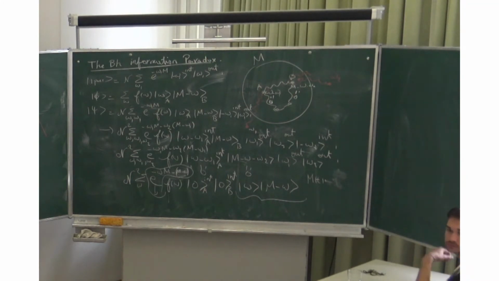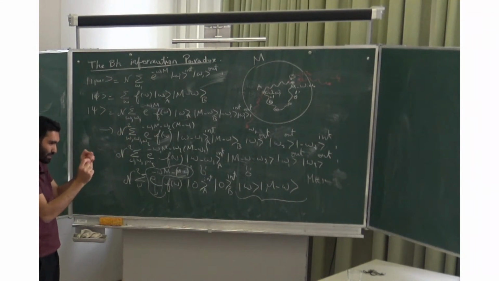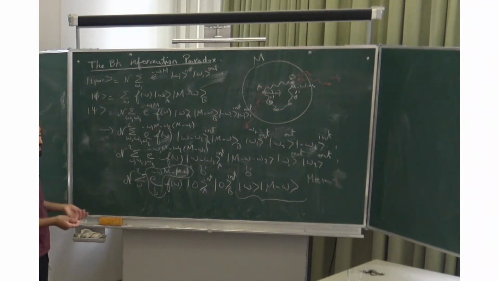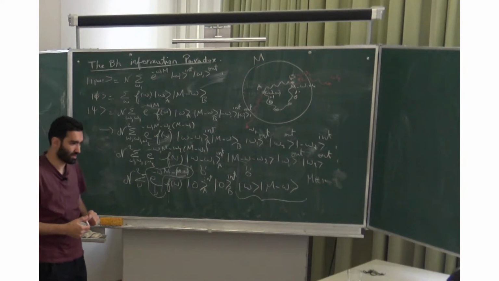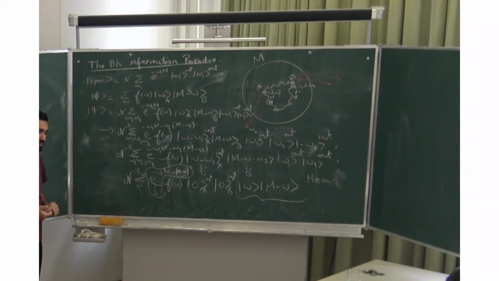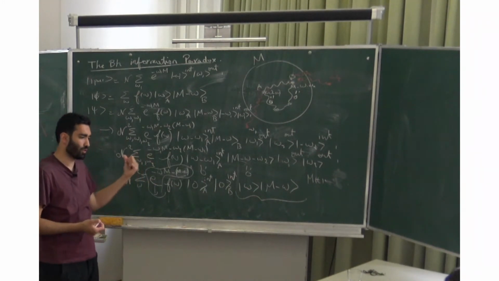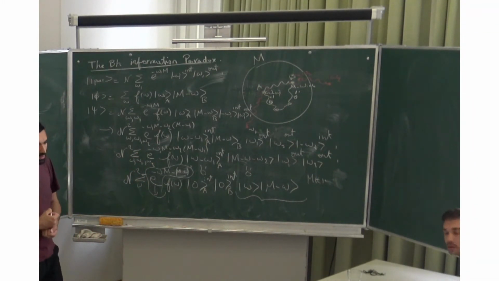I'm thinking about how this would relate to the generalized second law. Yes, I'm also thinking about it. That actually gives a macroscopic picture and doesn't tell you how the information exactly goes out, and this actually tells you what's happening in the microscopic picture. So maybe they can be related. I agree with that. When you take the macroscopic average of this, you should recover that. Yeah, that's what I'm thinking about. Yes, this is consistent. That's true.